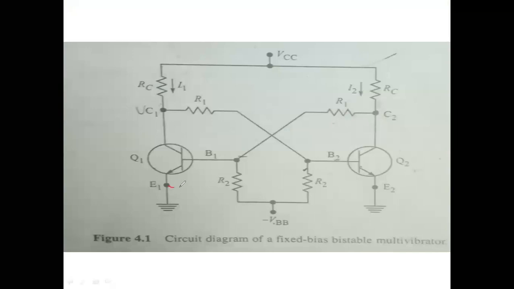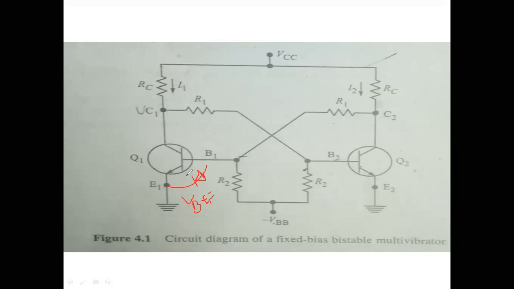For an off transistor, the VBE voltage... if it is an on transistor, this VBE voltage is fixed. We fix it at 0.6 because between base and emitter we have a diode. When the diode is on, the voltage will be 0.6. If we assume 0.6, then the voltage at this point will be fixed at 0.6, if the transistor is in the on state.